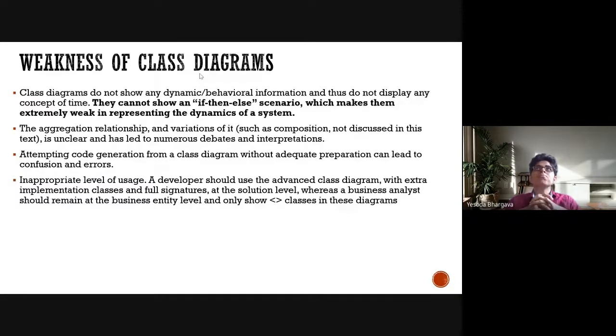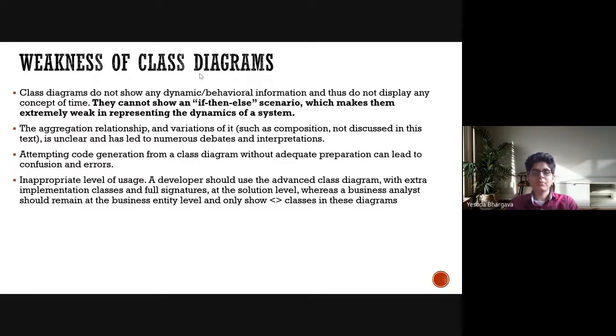But see the trade-off between the strengths and the weaknesses. Nothing can be fully of advantage. There always are associated cons. But if we focus on what actually the class diagrams are providing us, then it becomes much easier to understand what they're contributing to, and if they are not leading to a deeper understanding, then there is always some other sources which will help us to understand the dynamic behavior of the system.